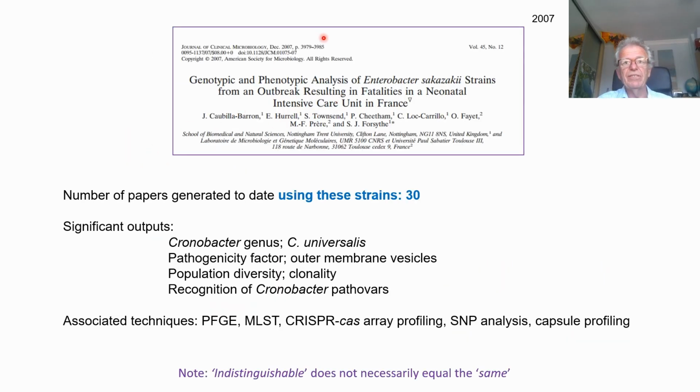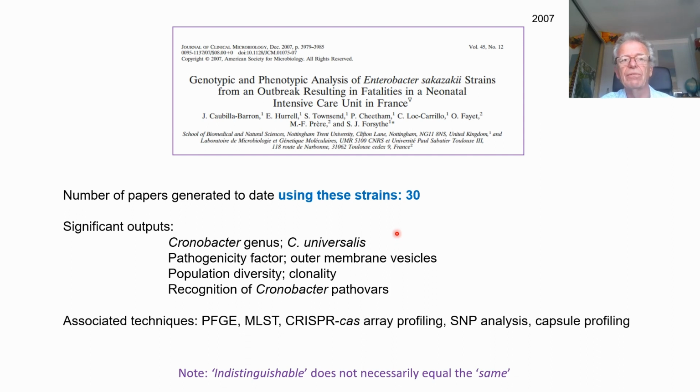2007, published a paper on a 1994 outbreak. In total, we have published at least 30 papers where the core findings were based upon these strains from this outbreak. There was an associated strain we were sent later, found, I think, in a boy's leg infection. They said, do you also want this strain? Yeah. It's unrelated to the outbreak, but it occurred in a similar unit, and that led us to the new species of